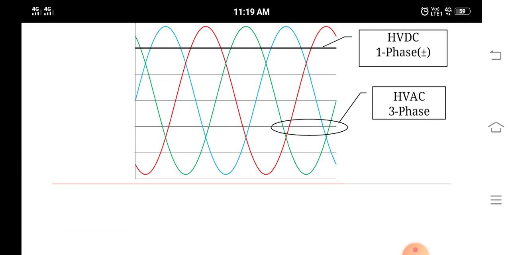This is what is meant by HVDC and HVAC, shown in the graphical representation. Let us look at the relative merits of the two modes of transmission, AC and DC, which need to be considered by a system planner based on the following factors. Already I told you all that the factors are economics of transmission, technical performance, and reliability. So economics of power transmission, or cost of transmission, includes insulators, line compensation, cost of compensation, converters and filters.